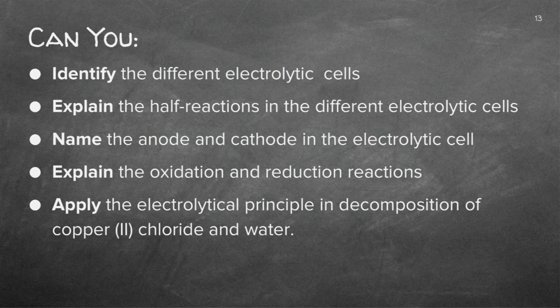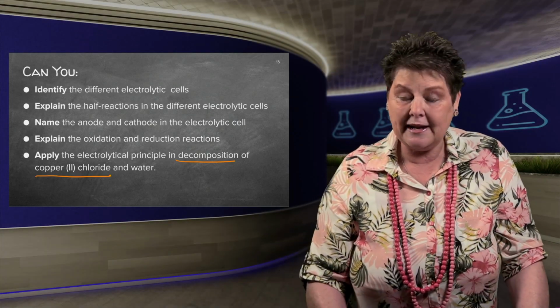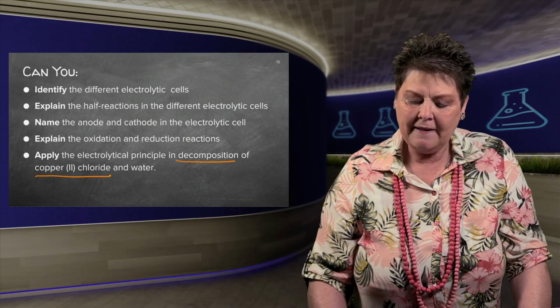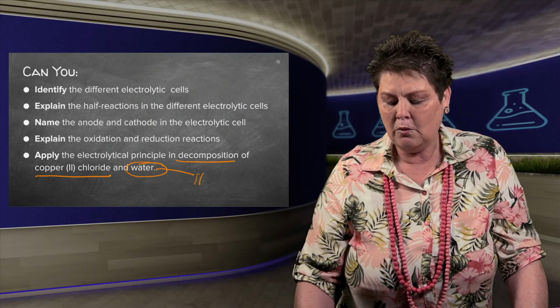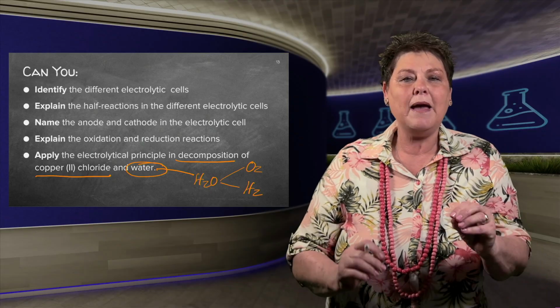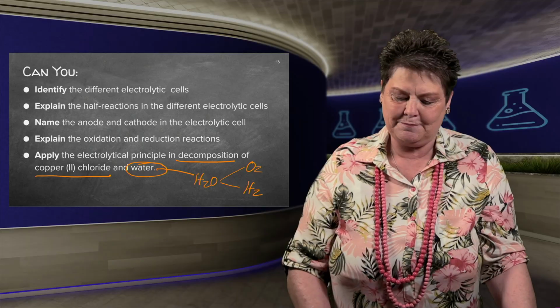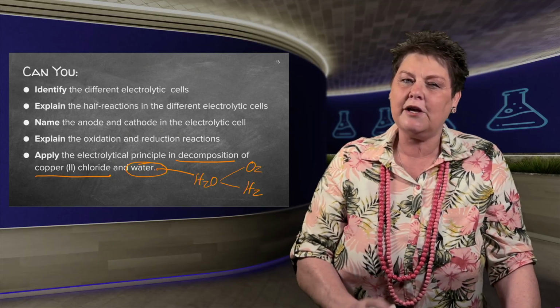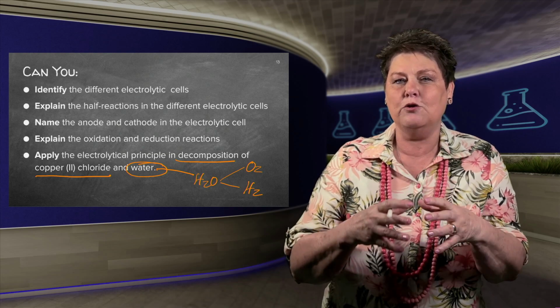Right, let's see what we did. We did the decomposition of copper chloride. We did have a look at the copper ore becoming copper again, and in the next lesson we're going to repeat that. And you saw the decomposition of water, and when we took the water, we actually made oxygen and hydrogen gases. Remember, we do this because we've got electrical energy. We can separate substances.